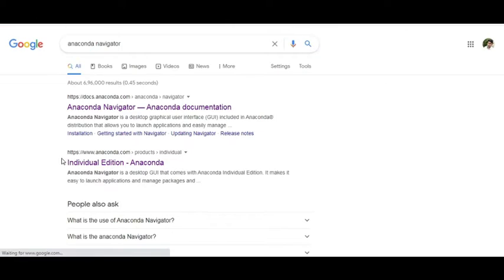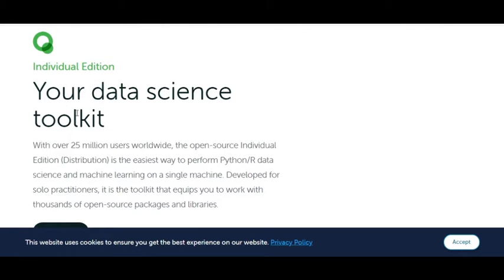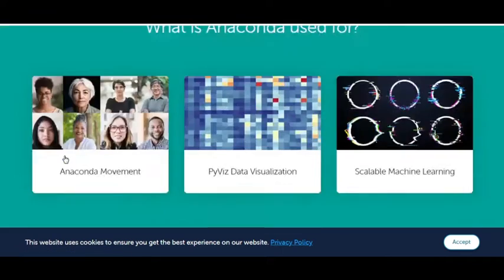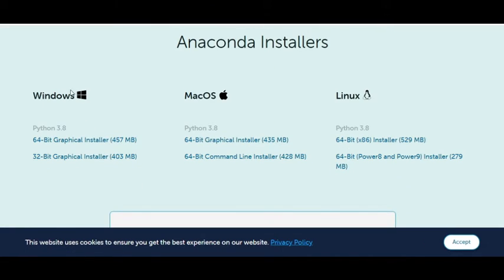From that, you can use the individual edition. Click on this one. Your data science toolkit is available. You can go here in a download. It will ask you about your system. So if you are using Windows, in that 64-bit or 32-bit, depending on that, you can download it.